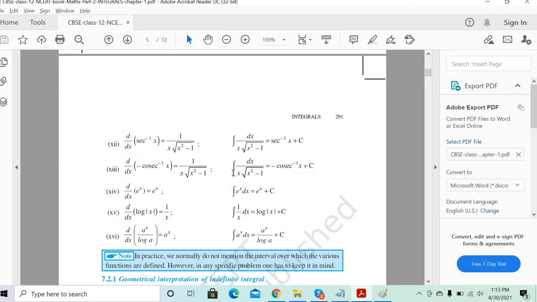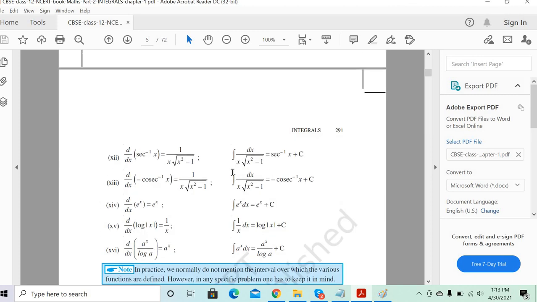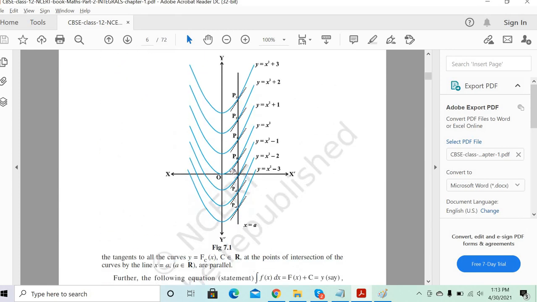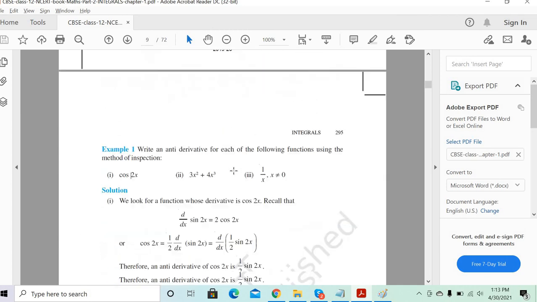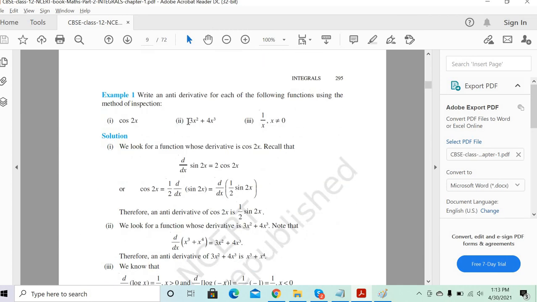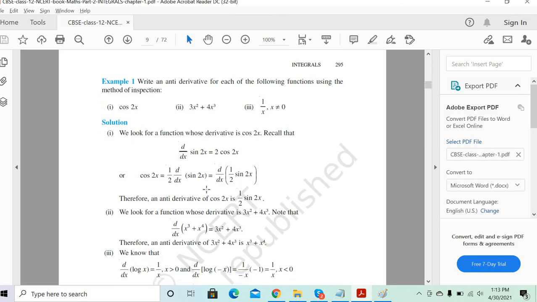Perfect. No problem. Now let's go to this part. Fine, Vijay. This part is clear to you. Excellent. Similarly, do the second part, Vijay: 3x square plus 4x cube. You can apply the x power n plus 1 by n plus 1 formula directly. No need to solve by the differentiation method to understand; you already got it. Just use the formula.